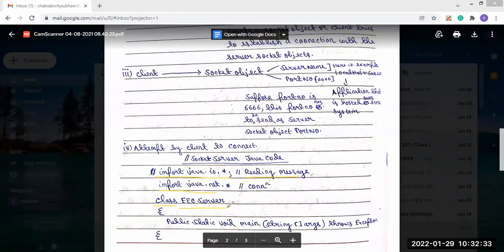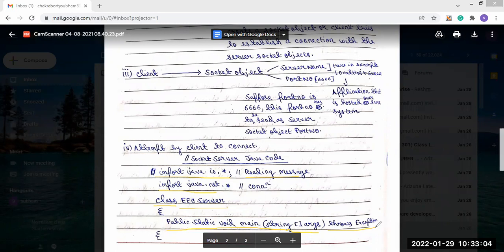That class name is EC server. So this is the class name, EC server. Now inside it, you see the main method has been declared: public static void main(String args[]), and after that we are using throws Exception. That means the statements we write inside this public static void main can throw an exception.